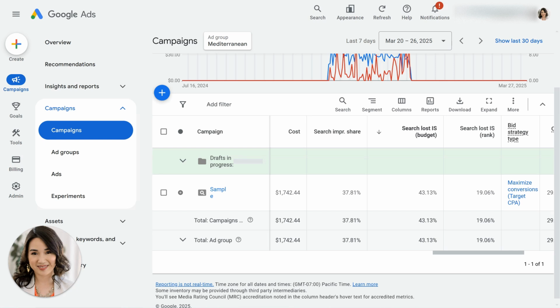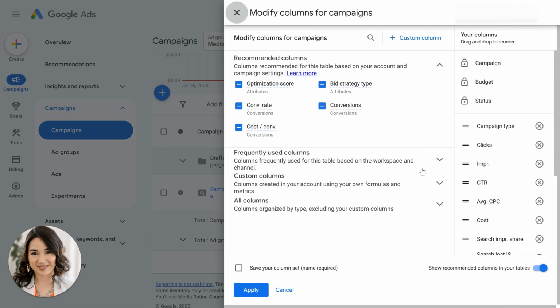There are a couple of ways to go about doing the analysis to determine this. In this video, I'm going to show you three main metrics that you need to look at to determine whether there is headroom to spend more in Google Ads, and whether you can still do it while maintaining the same cost per acquisition. The first thing that I want you to look at is your columns, then go to modify columns,